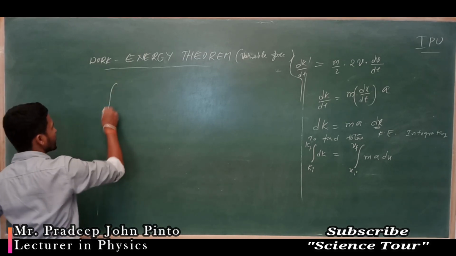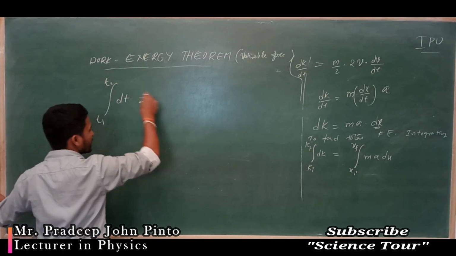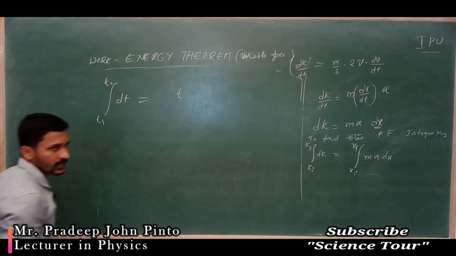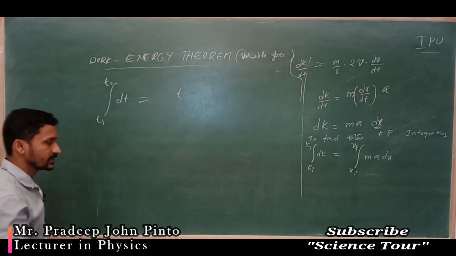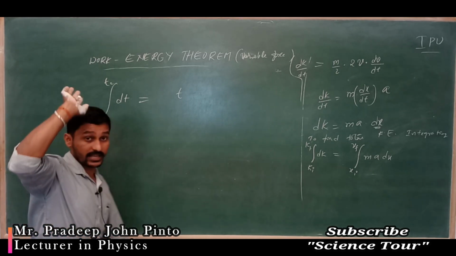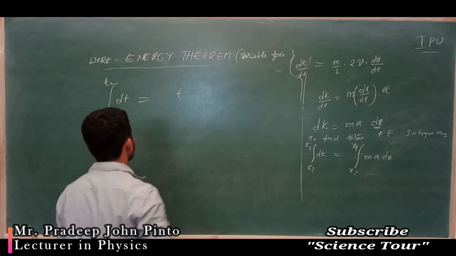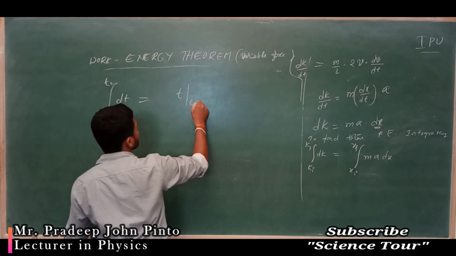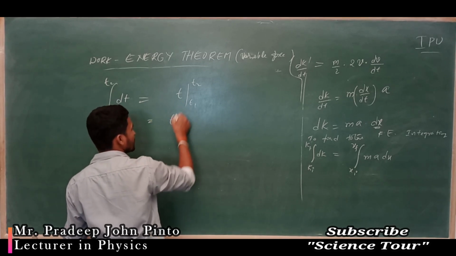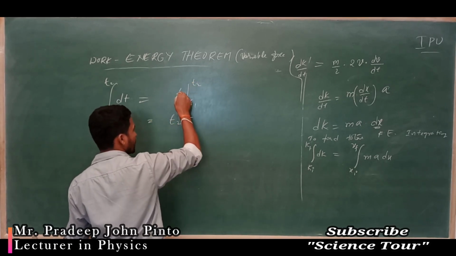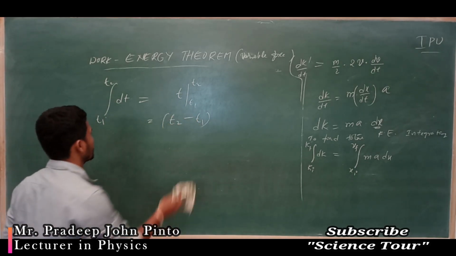Okay, see, integration of dt from t1 to t2 means what? Integration of dt means t, okay. Same as the differentiation, integration is there, okay. That is another formula. Derivation and all you will get in mathematics. This is just a formula we are using here, okay. Now t from where to where? t1 to t2. Now you have to apply the limits here, okay. After this, t means final limit minus, at the place of t, the initial limit you have to put. This will be the answer, okay, like that.